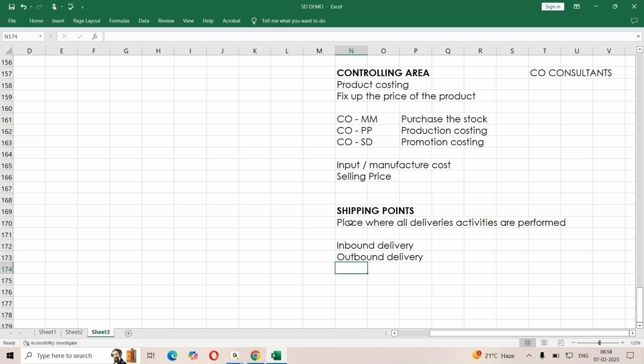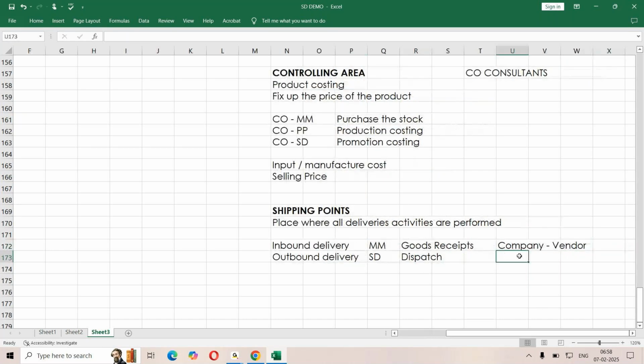Inbound will be handled by MM, outbound will be handled by sales. This is nothing but dispatch. If you want to send the stock, we dispatch it. They work with goods receipt. Okay. So when the company purchases stock from the vendor, we deal with inbound deliveries because the vendor will be supplying the stock.